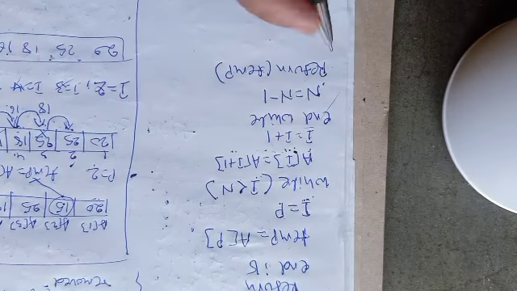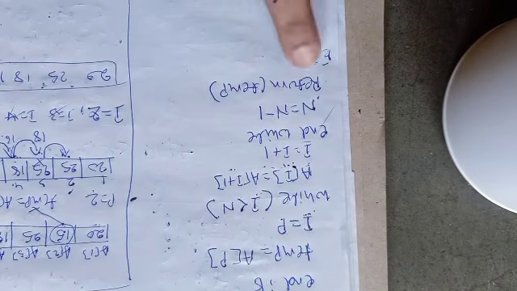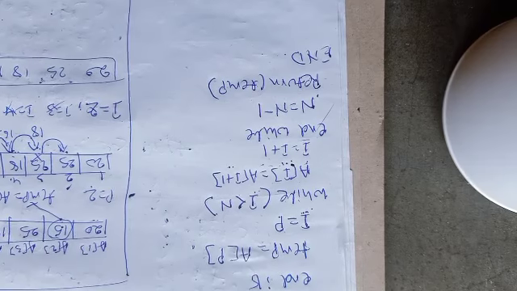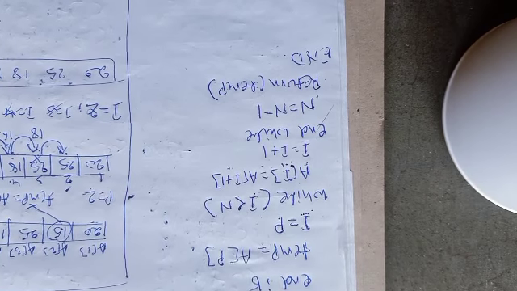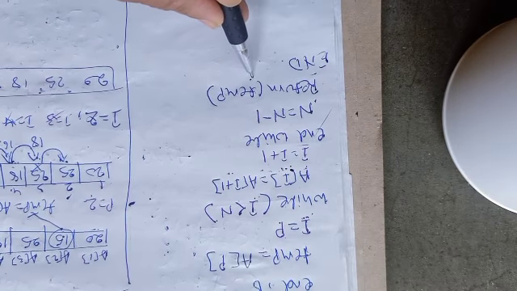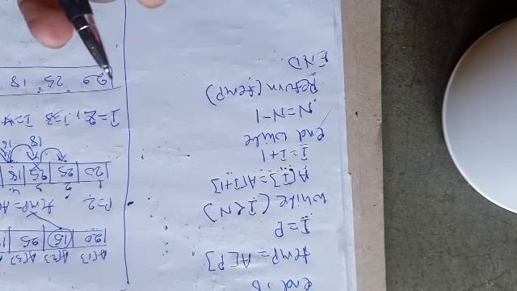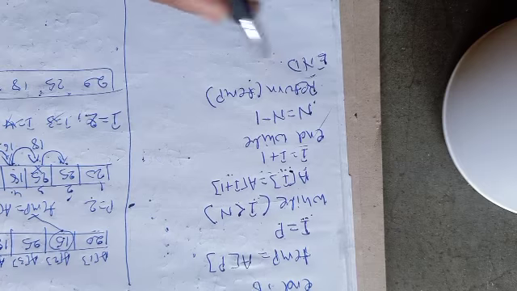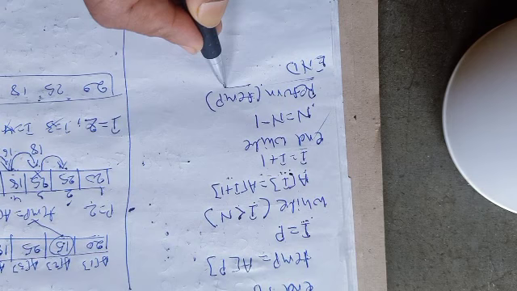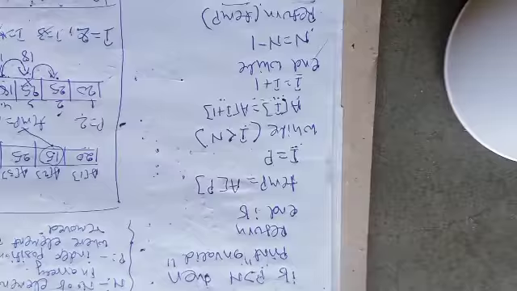So this is the last step, and finally I will write end. Deletion always returns the value, the item that has been removed from the structure, so that whoever invokes the deletion operation will know what data is removed. That is why I have included this step. It is actually an optional step. Sometimes this step may not be required. After this you can directly perform the end operation, but I suggest you should always write return and the data value that has been removed. So this is what the deletion algorithm is all about.